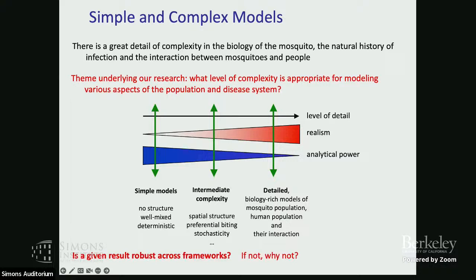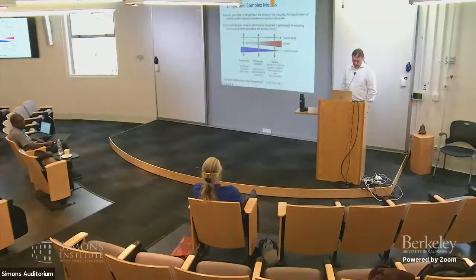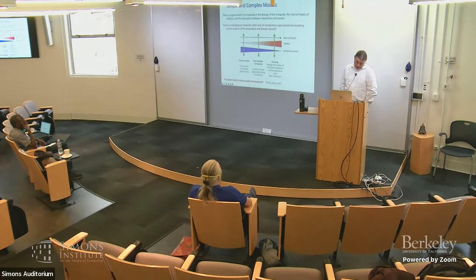Don't you have in addition the problem that the more complex it is, the more it will overfit your data? Yes, yes. That's the other problem with the more detailed models: obviously the more complicated the model, the more parameters you have. And actually, for all of these models, often our knowledge of biology is not as good as we would like.